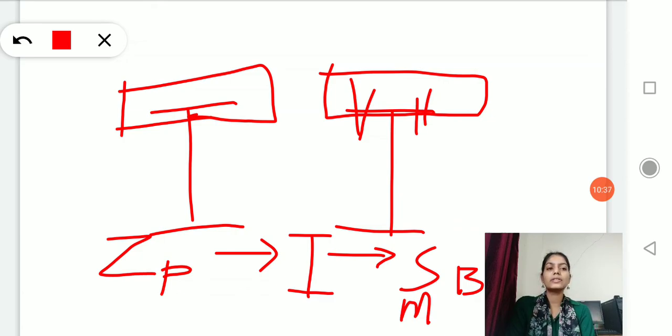But we have not seen the moment due to torsion. We have not designed our beam for the critical force or the critical moment coming due to the torsion. That additional part is due to the unsupported condition. If the beam is unsupported, then you have to take care of what?